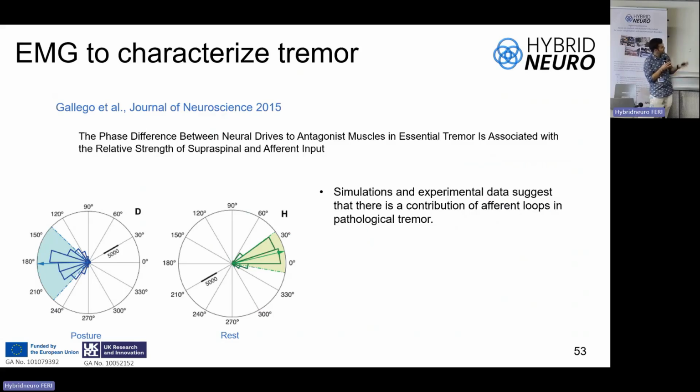Juan Gallego, in a couple of studies, I think even Hallis and Silvia were around these times, showed that the relative phase difference between the neural drive transmitted to a couple of antagonist muscles, flexor and extensor, is associated with the change of supraspinal and afferent input. And the key thing is that they also have computational models showing that when you have this tremor propagated to the muscles, if you change the voluntary input and afferent fibers start to be engaged, you have a different phase